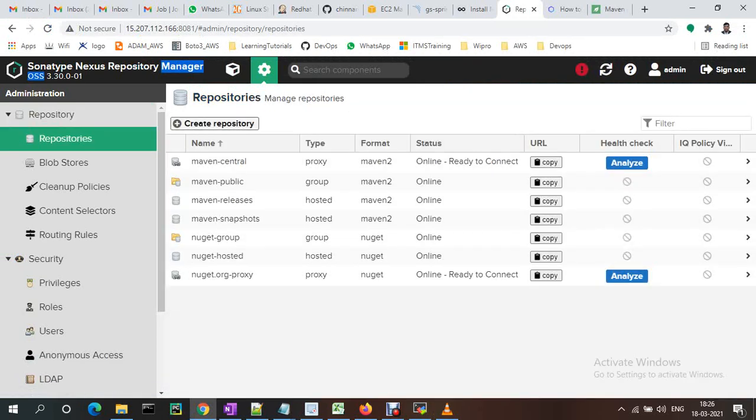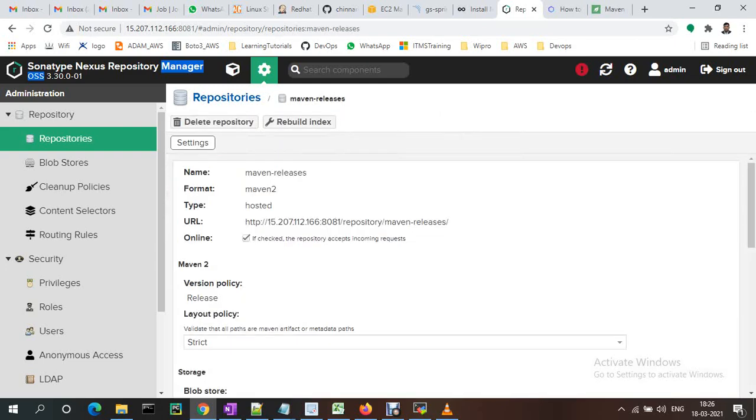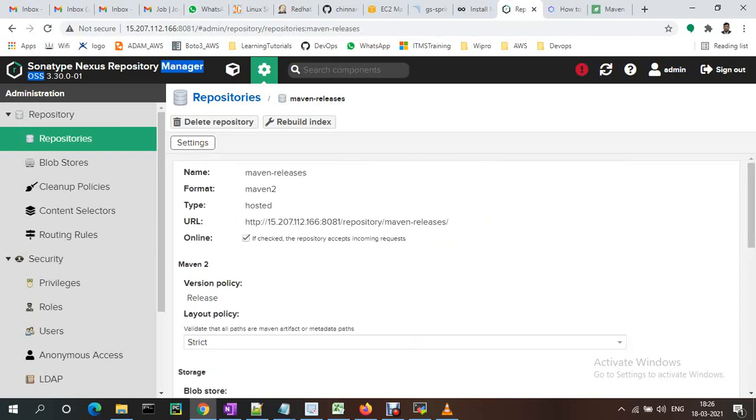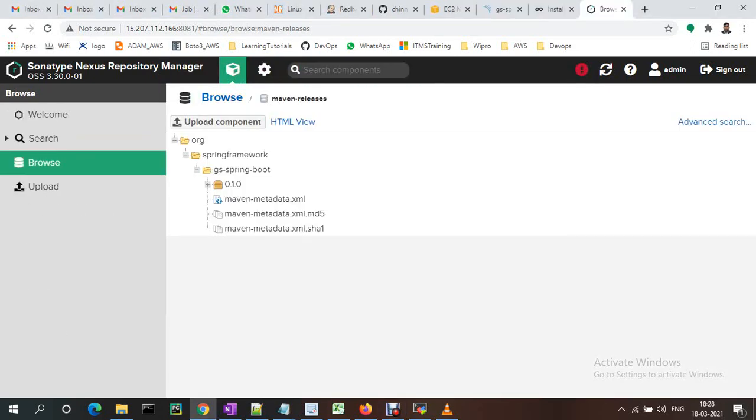Repositories, under Maven repository, let me quickly check in offline. See, now it will be available under browser. Just now we are in settings, that's why it is not showing. So we need to come to the browser server, and in the browser it will be updated.